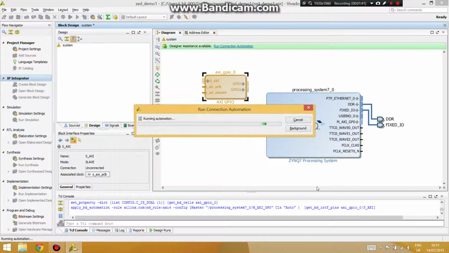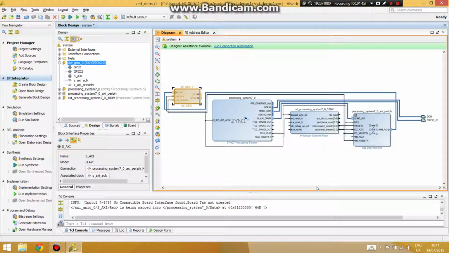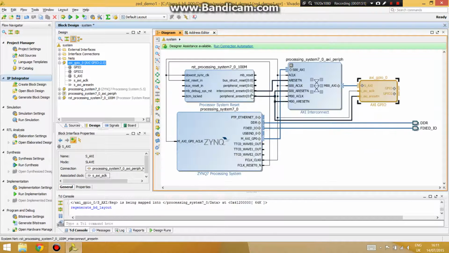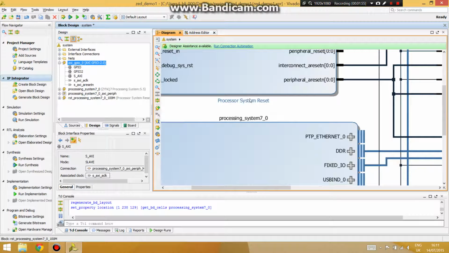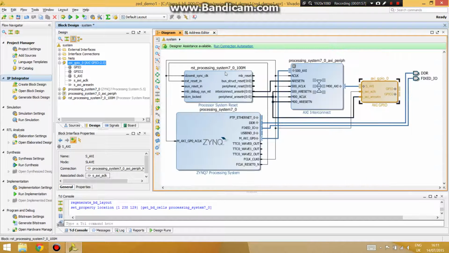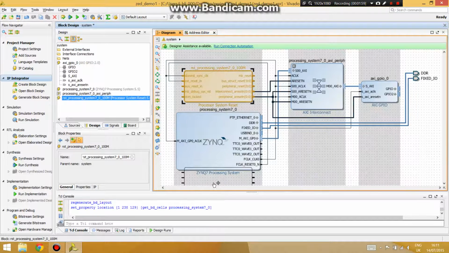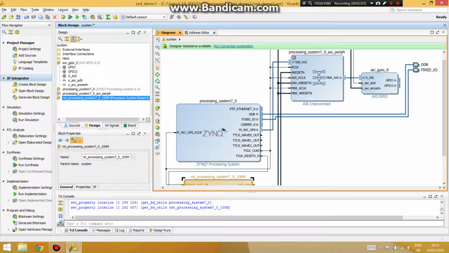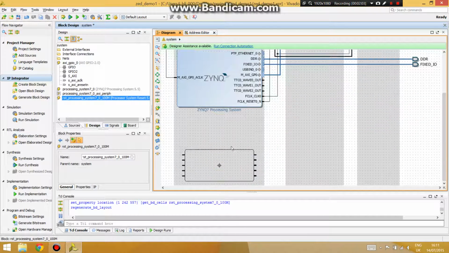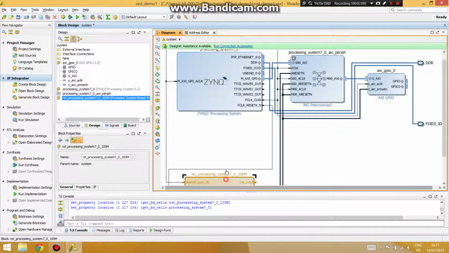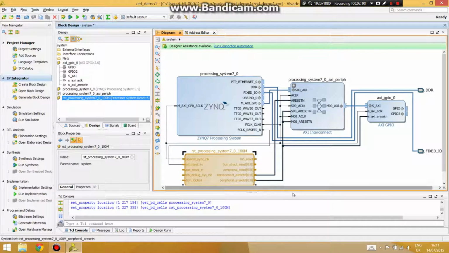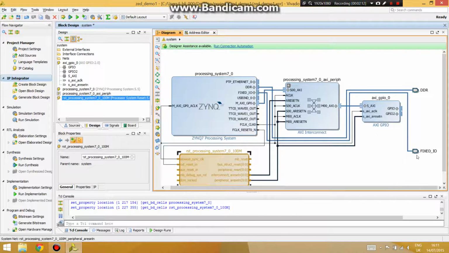So we're gonna add the processor reset and also the AXI peripheral. So just gonna regenerate this view here and gonna flip those two around. And keep this guy here on the bottom, and this guy here closer to the top. So in here we should see what we have on our older diagram